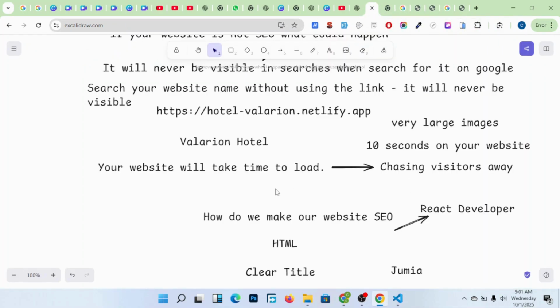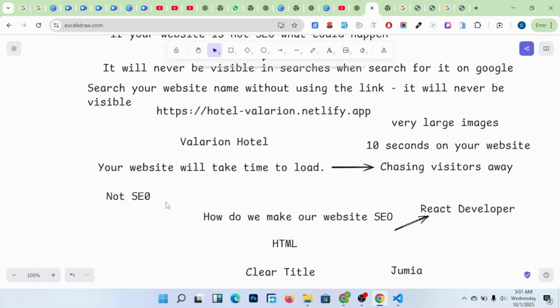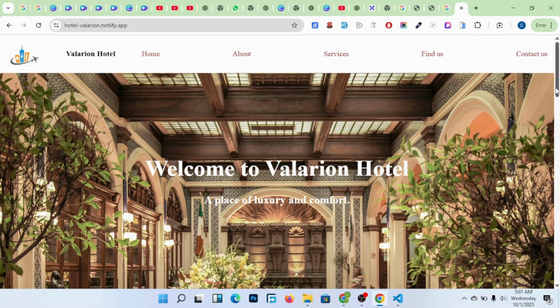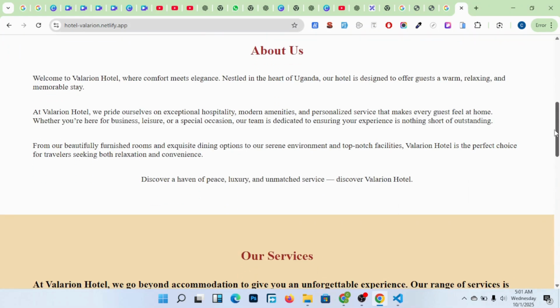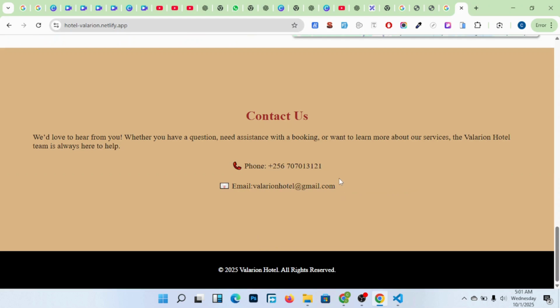This means that the website is not SEO at all. You see this? So members, if I built this website and said I have finished and went away, this hotel would lose as many clients as possible. It will not even make any sales online. It will not even get any visitors online. Even someone to call the telephone number, he may not call. He may never send an email to this email address. This email will never receive any inbox.